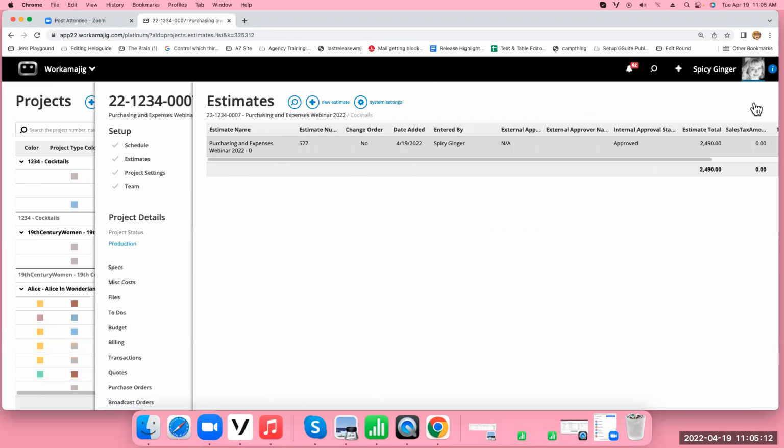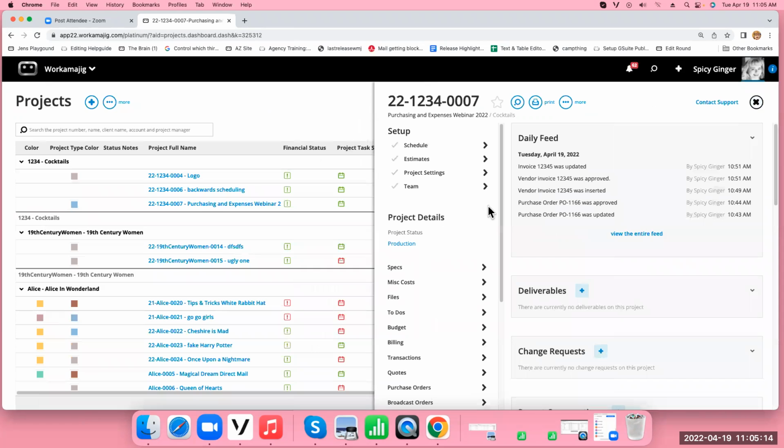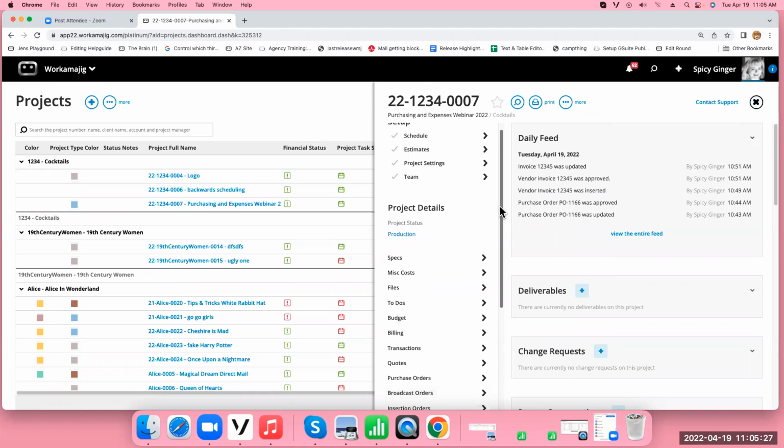All right, so the last thing I want to talk about for today is what happens when you have items that your company has already paid for, but you want to pass some of that cost off or show it on the project profitability. Say it's something like postage, or you've actually used paper or something that you have in your office that is basically an overhead item. Those items